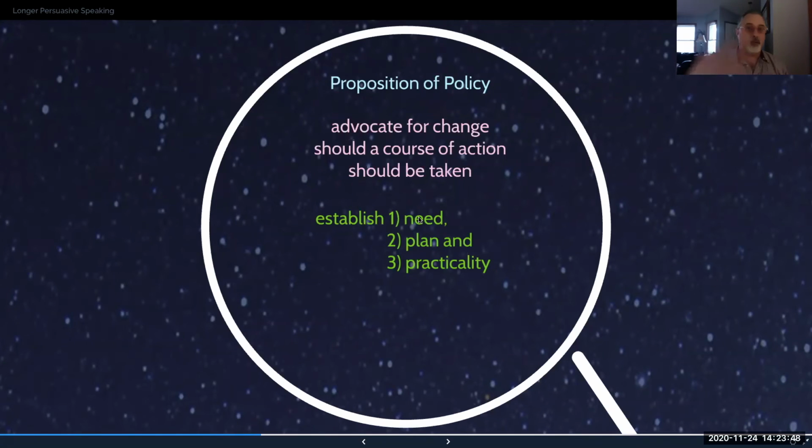So every one of you has a persuasive topic picked out. You need to be thinking about, is my topic fact oriented? Is it value oriented? Is it policy oriented? And then knowing that, I've got to work my speech along those lines. So if it's value, for example, you've got to build in there establishing what the value actually is and why your view of the value is the way everyone should view it. So you've got to support that.